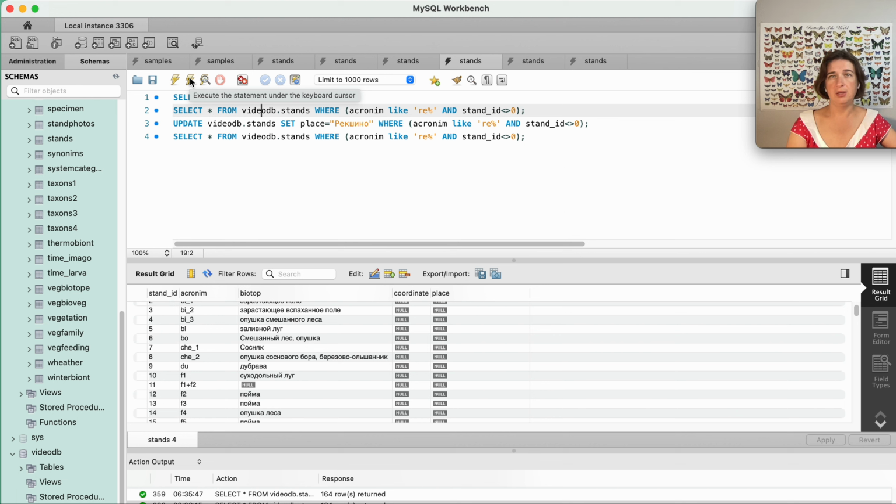For example, the acronym RE means garden village near Rykshino station. Therefore, where the acronym RE occurs in the acronym column, we will write Rykshino in the place column.